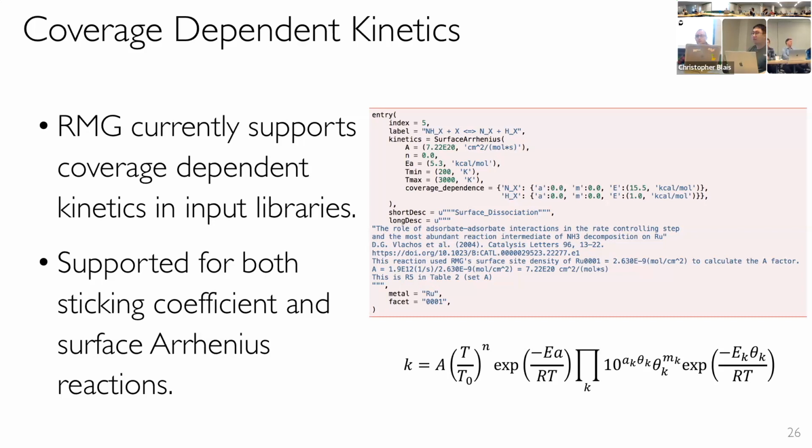But I think you're right, the first thing to change when you have coverage is the thermo. That's why it's noticing, but that's not implemented in most simulation software, so we don't do that yet. So the reverse would be from the thermo, which hasn't changed. So the reverse would not be coverage dependent. The reverse would be coverage dependent to the same amount. Exactly, the same way. If you speed up the forward, you speed up the reverse. At the moment, I guess you get the KF with the coverage dependency, and you get the KR.